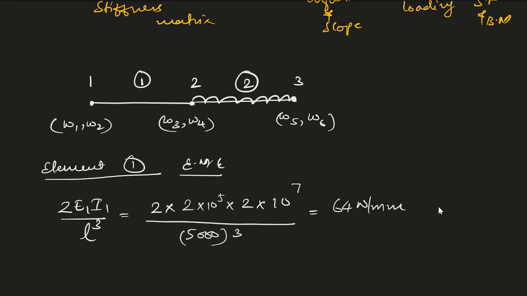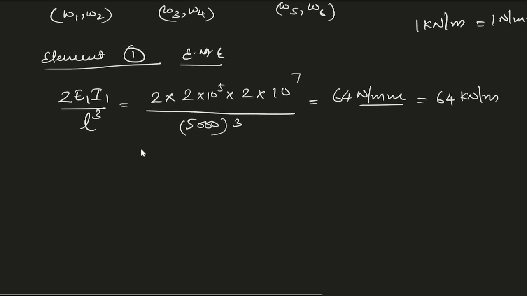In the problem they have given that 1 kilonewton per meter is equal to 1 Newton per mm, right? So here we have Newton per mm, and I can write this as 64 kilonewton per meter. Now we can put it in the equation format. The element matrix equation for the first element would be 64 into,